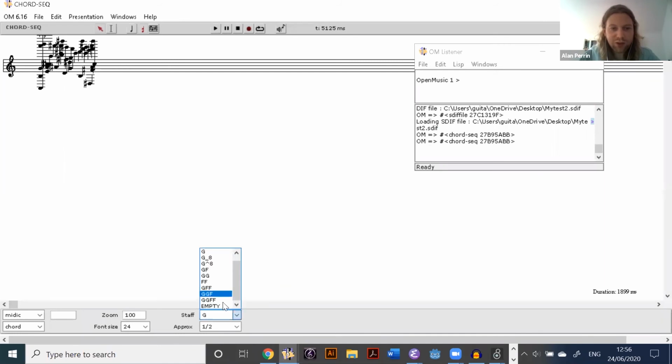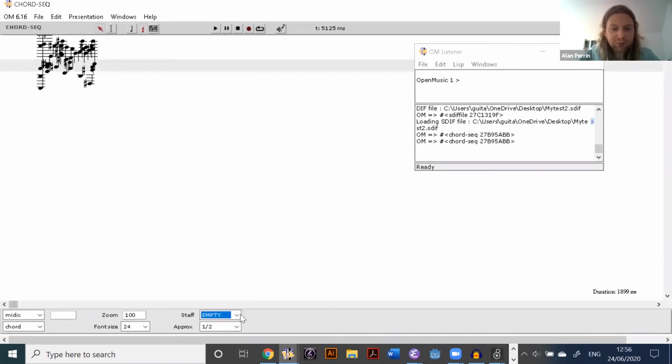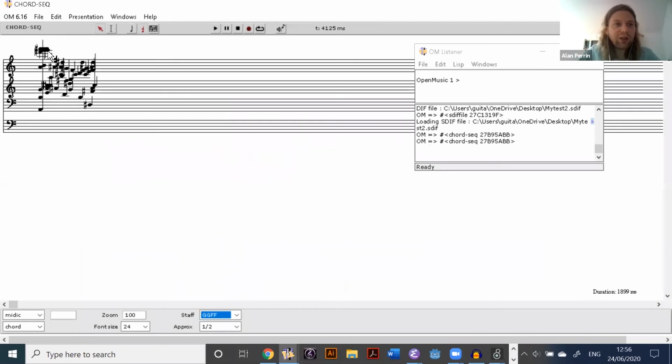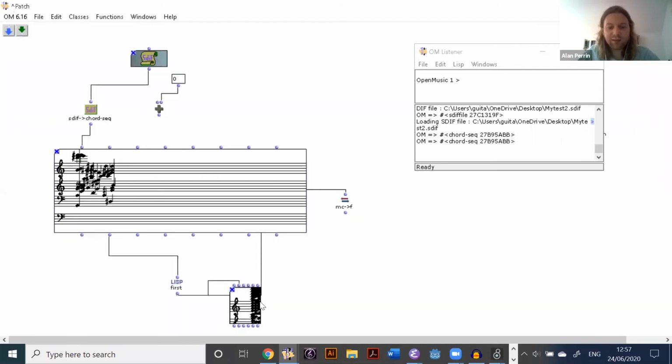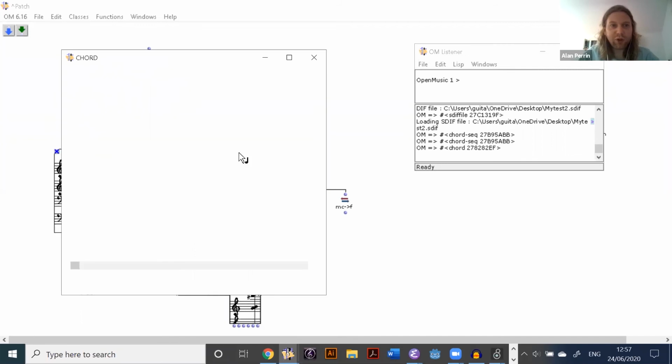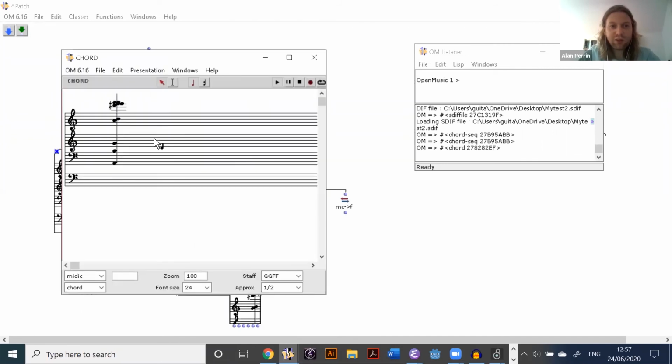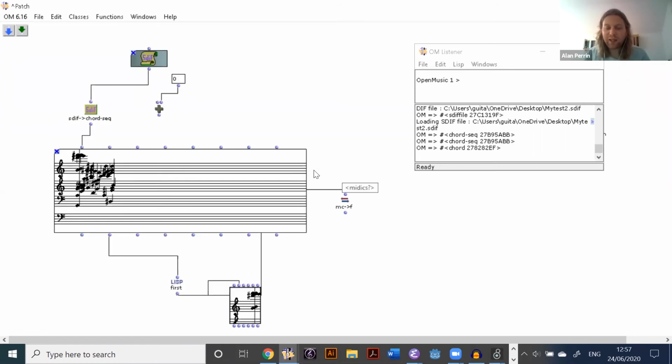If we go to our G, G, F, F, all this fits much more neatly onto the stave. And if I look at that first chord,